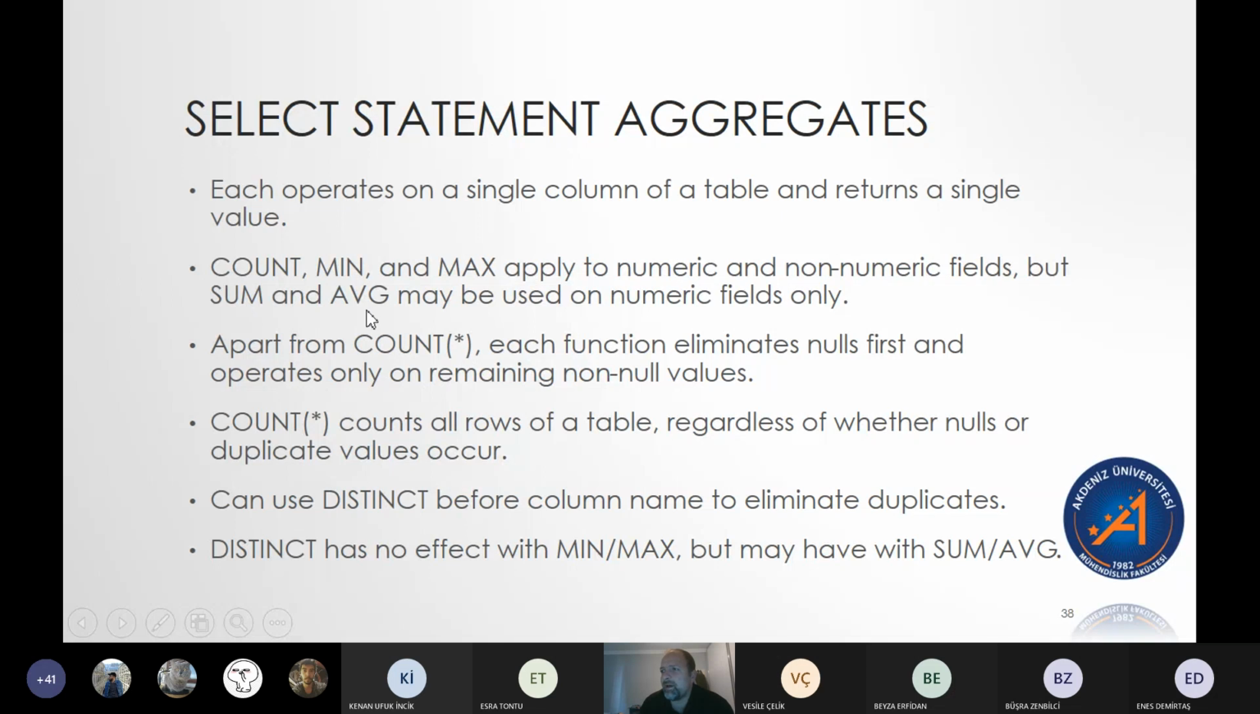We were talking about sum and average only working on numeric fields, so we cannot average a set of string values, because that doesn't really make a lot of sense, and we cannot add up string values. Okay, so